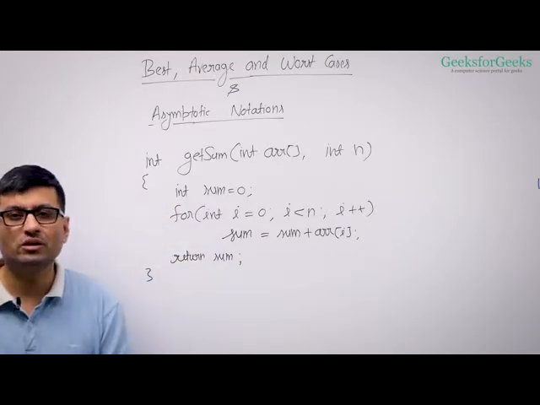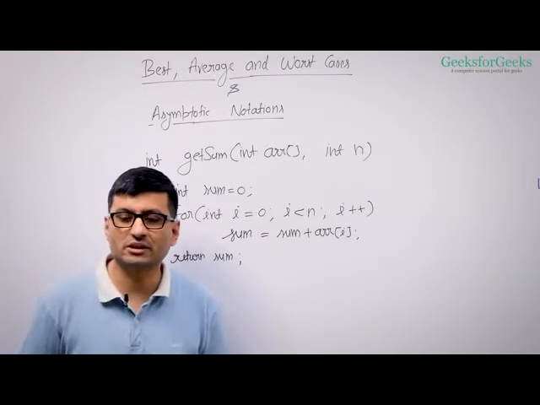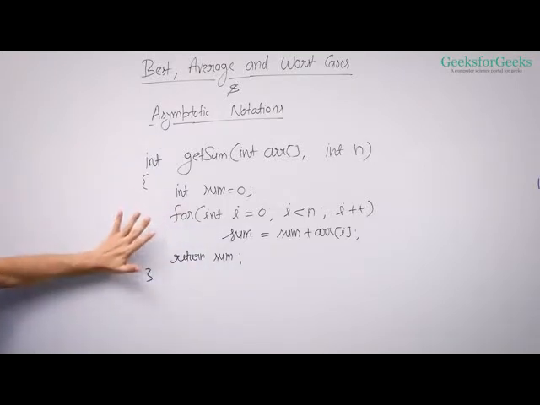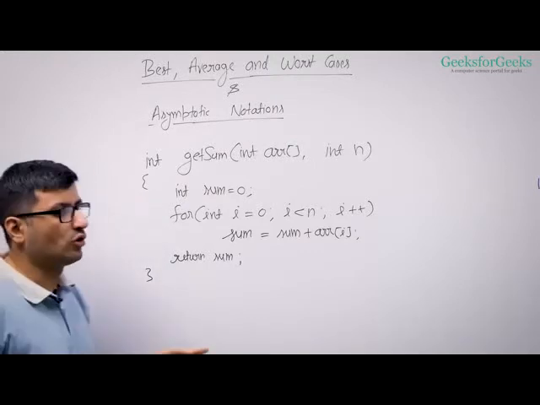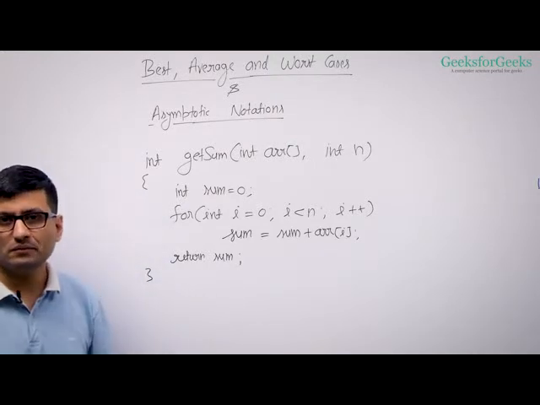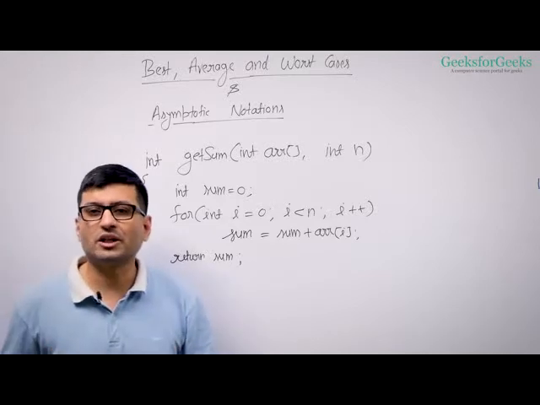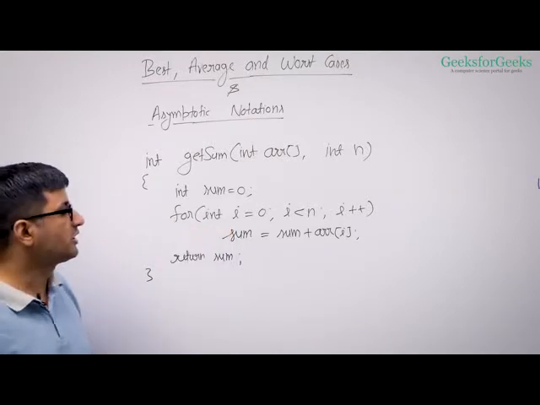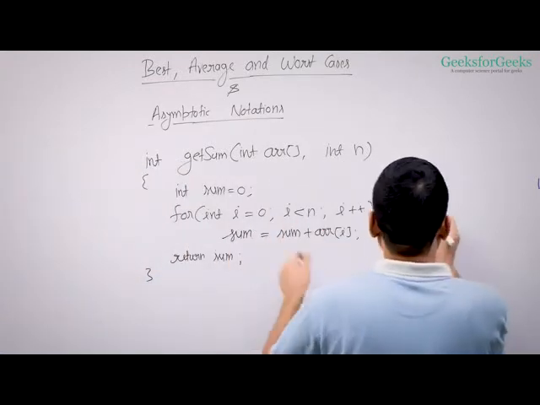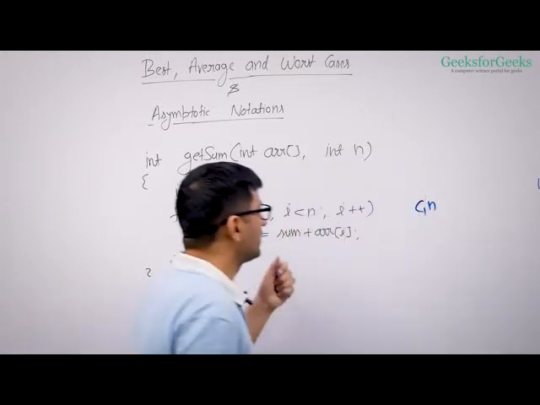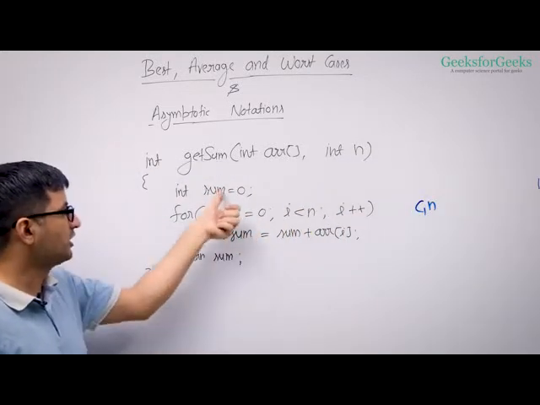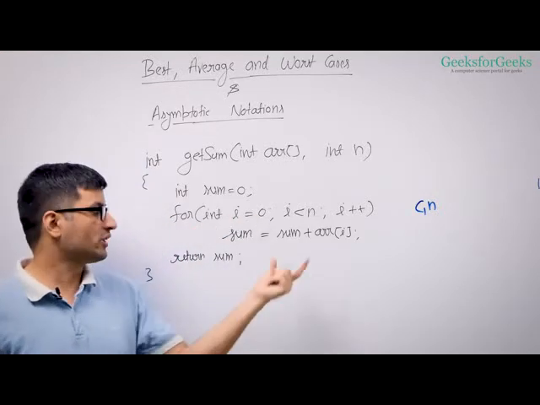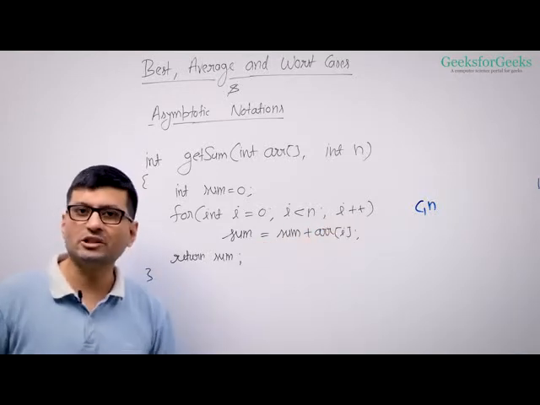We'll extend this code so that it's going to have many cases like worst case, best case, and average case. Let's take a look at this code, and please pause this video and try to think of order of growth of this function. Order of growth for this function is clearly n, right? It's linear. You can see that there is some work which is happening linear time, c1n, and there is some work which is happening constant time, like these two, and initialization, all these things happen constant time, and there is this thing and this i++ which happens linear time, right?